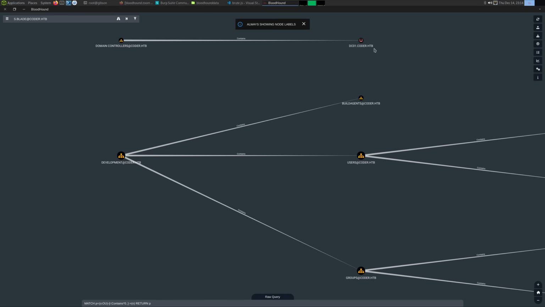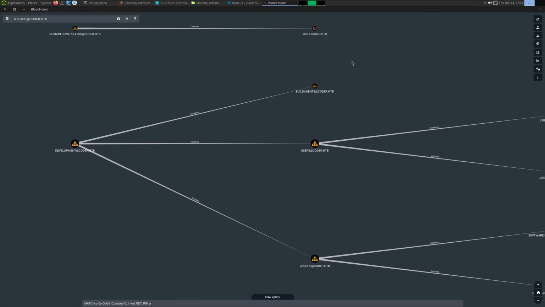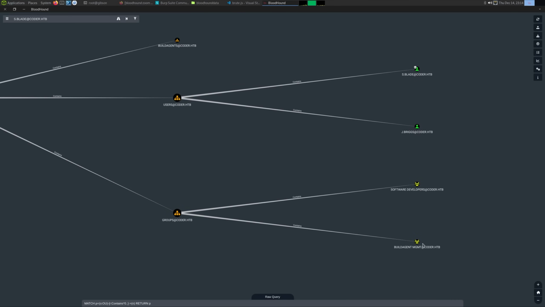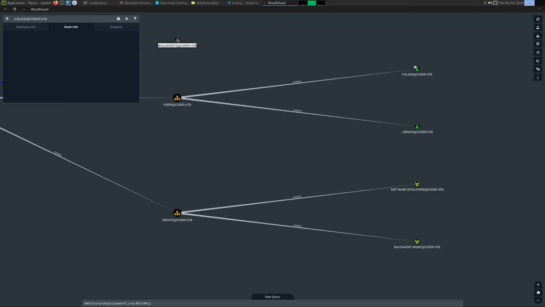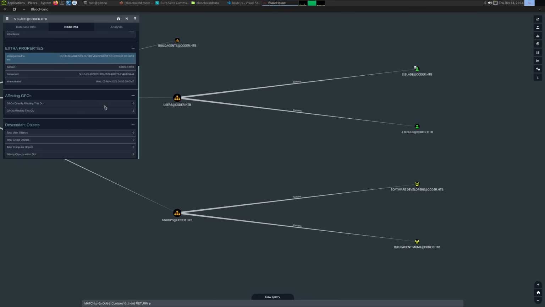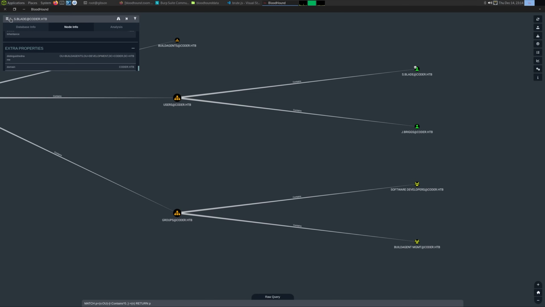But we can see domain controllers has one child. That is going to be DC01. And that is a computer object. We have development, build agents, users, groups, and the groups has software developer and build agent management. There's also this OU that has nothing in it. We want to see exactly what the purpose of this OU is. And unfortunately, we can't do it from Bloodhound. This is where we go into